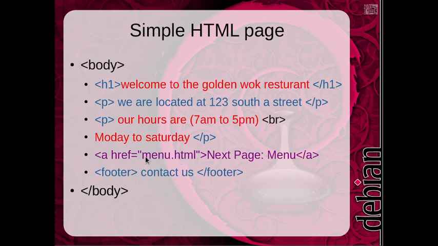Between the quotation marks I put the menu page, and every page you have to save it. This page and the second page you have to save with .html. Let's say I'm gonna make another page, I'm gonna call it menu.html, and I will save it in the same folder. If I have a separate folder, I have to put the folder name slash until I reach the